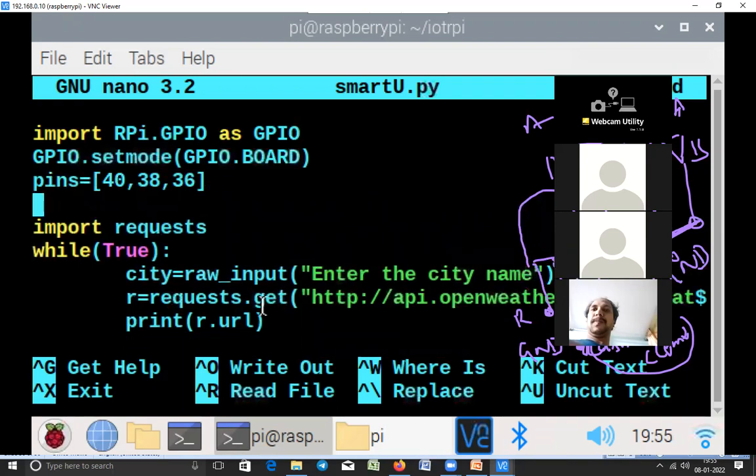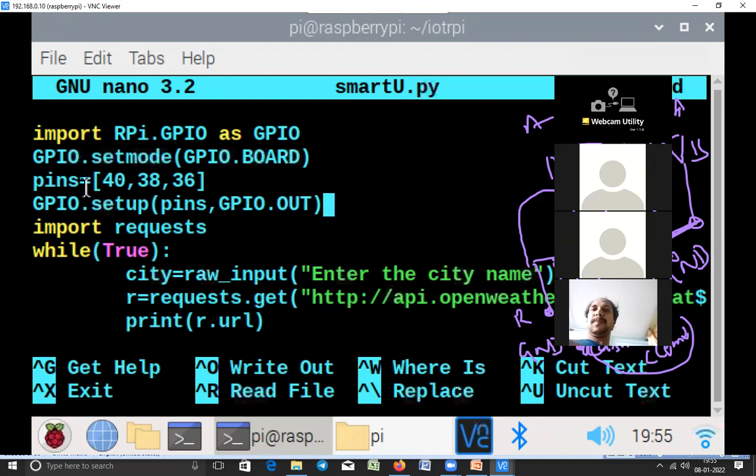We are going to make all these pins output pins with GPIO.setup. Here we have to pass the pins list, comma, GPIO.OUT, because we want to make all these pins out pins.